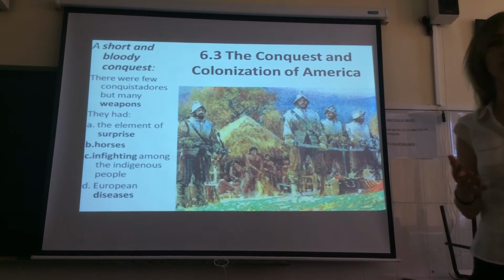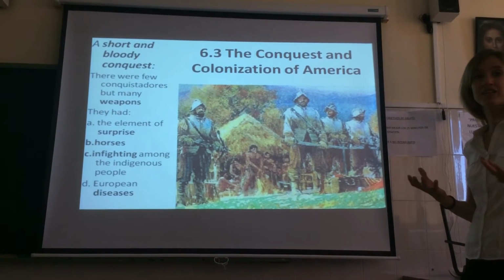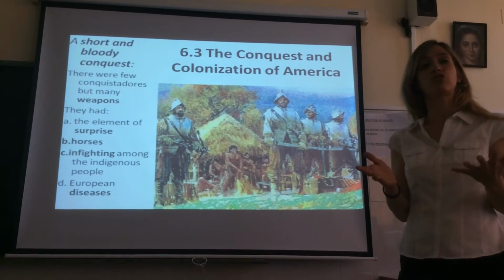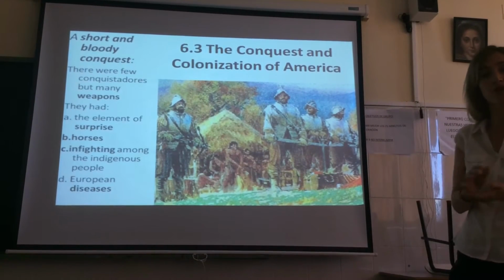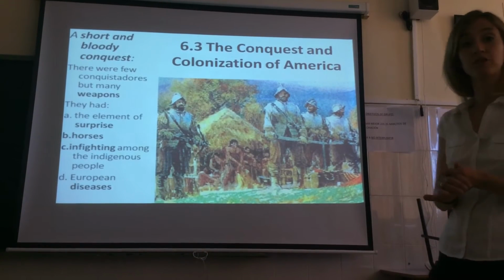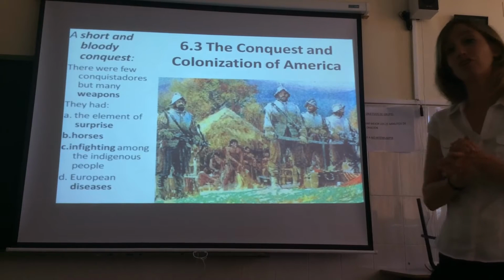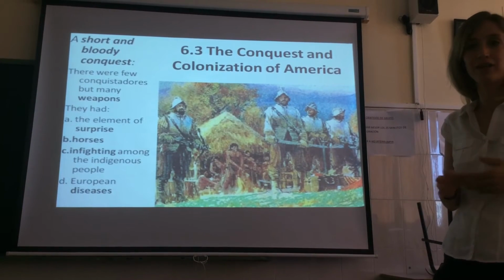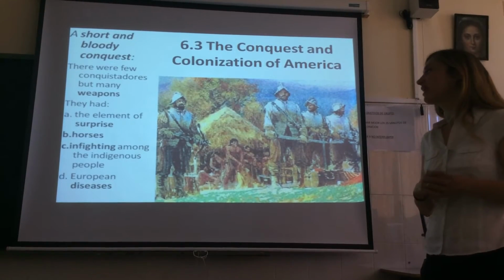Imagine that Europe all of a sudden had invaders coming from outside and they didn't know what it was. Well, it happened, like with the Vikings, and they absolutely destroyed Europe during the Viking Age, right? There's no way to know they're coming, and obviously you're going to win if you do that. They also had horses, which are much faster and stronger than the llamas that basically they had in Peru, and nothing comparable in Mexico, right?